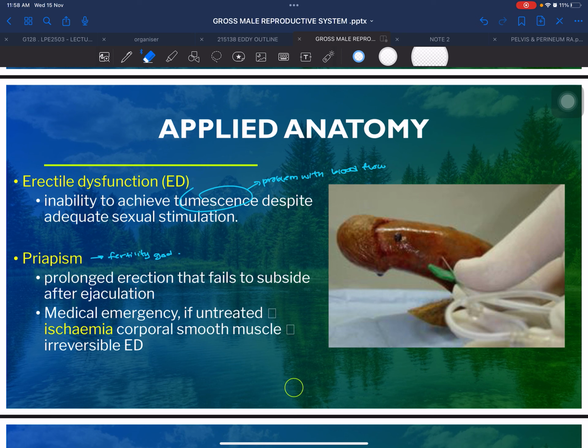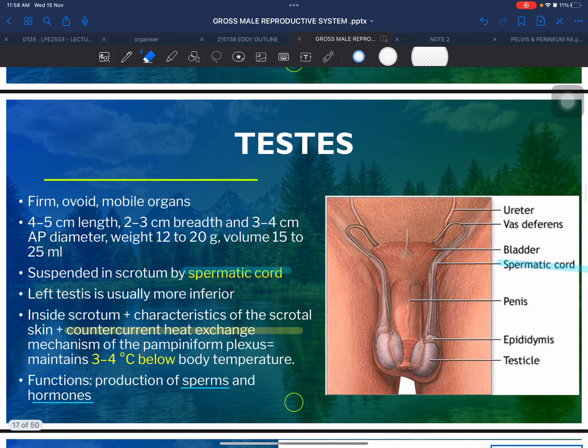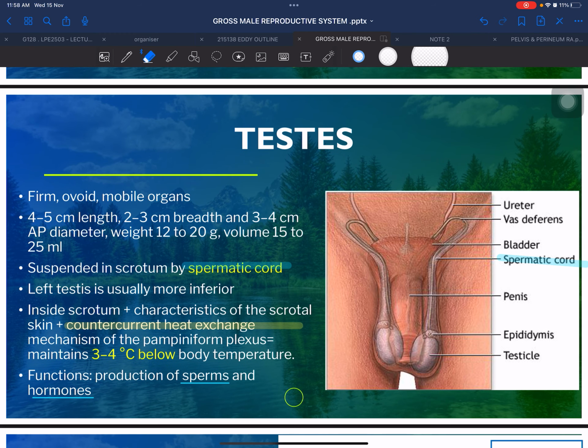It's a firm, ovoid, mobile organ, about 4 to 5 cm in length, 2 to 3 cm in breadth, and 3 to 5 cm in diameter. Okay, so it's suspended in the scrotum, outside, by the spermatic cord. Okay, this is the spermatic cord, and the left testis is usually more inferior. There are a lot of reasons, but usually the left testis is more inferior as compared to the right testis,